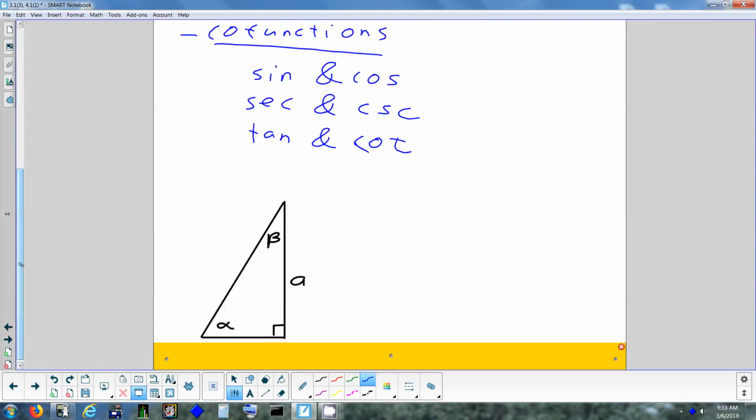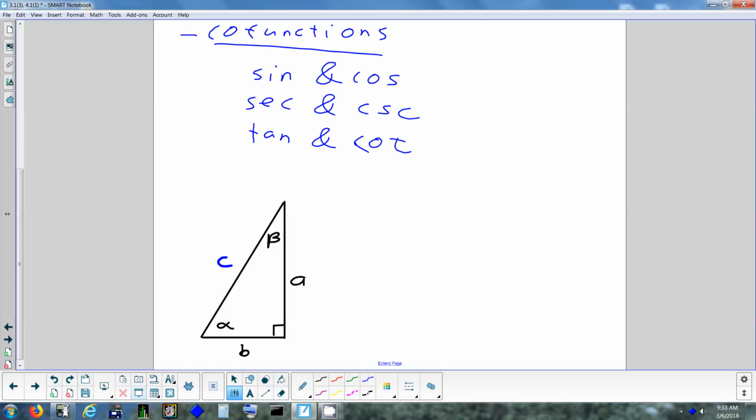Okay, so let's look at this diagram and let's look at a few things. I've labeled the two angles here alpha and beta, and the sides A and B. In trig, usually we use Greek letters to represent the angles and lowercase English letters for the sides. That's how your book does it. Some books use capital letters for angles, lowercase letters for sides, all English letters. I think it's confusing to use all English letters because if